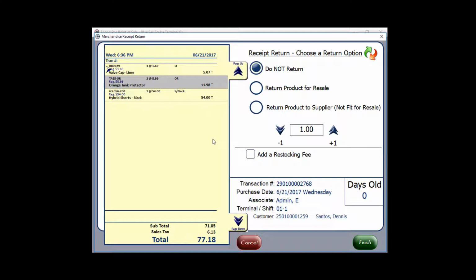Now our Merchandise Receipt Return window is open and interactive. To the left, you can select which item or items are being returned, and for each item selected, you choose whether the product is being returned to the shelf for resale or being returned back to the supplier. Returning the product for resale will adjust the product's quantity on hand value up to account for the number being returned. Returning the product to the supplier will not adjust the quantity on hand